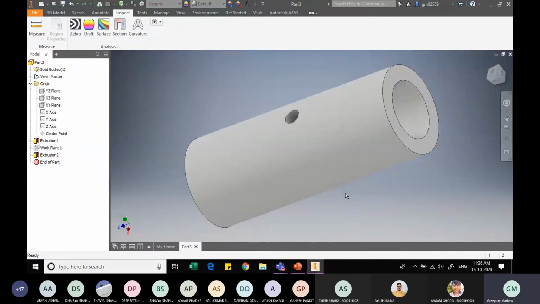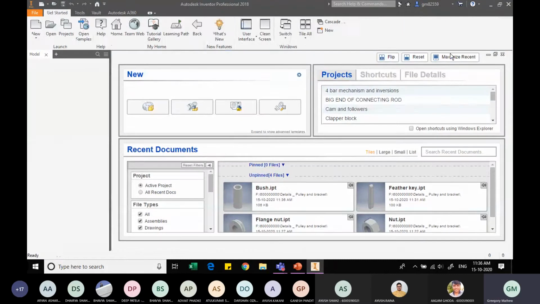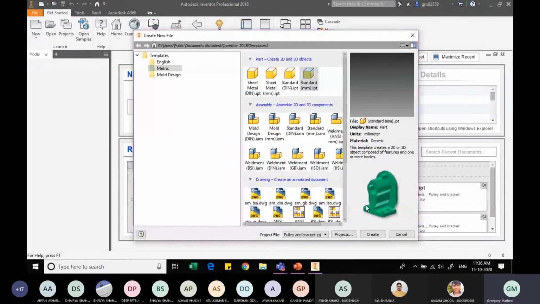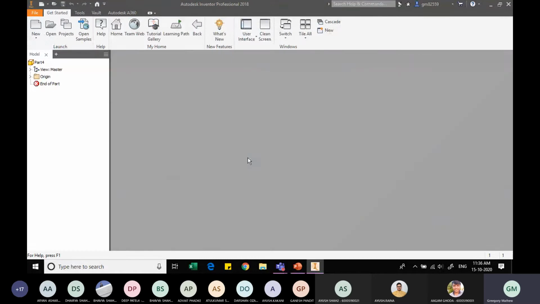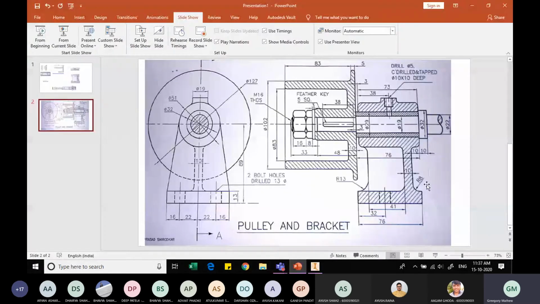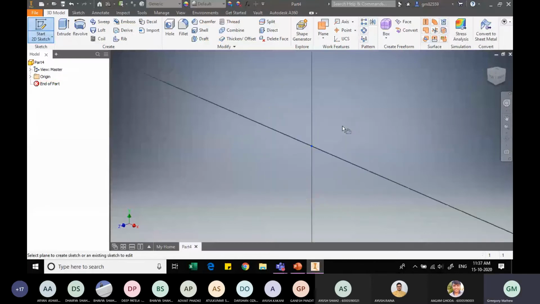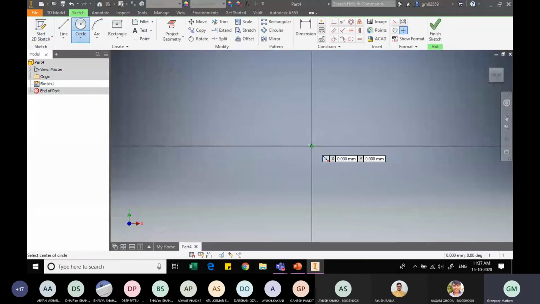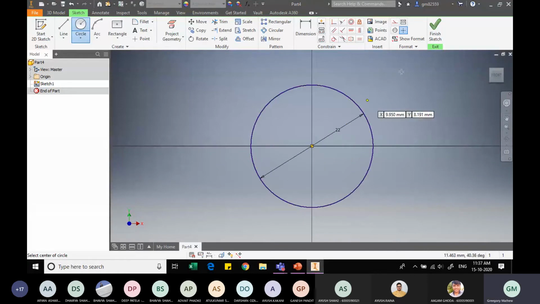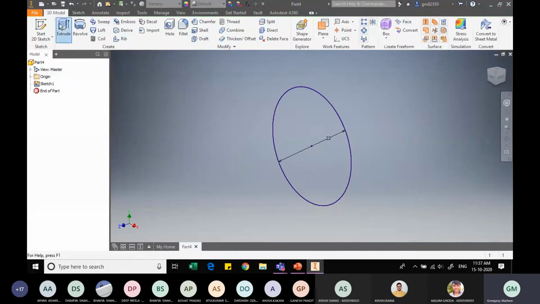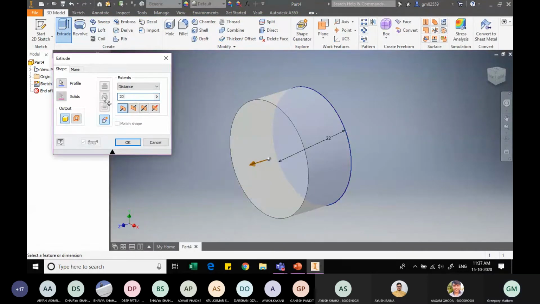Next we go to making the shaft. Let me close this and open a new component to create a shaft. New, standard IPT. Going back to Create, clicking on OK. Looking at the dimensions that we have, the first step, as I discussed, is that the extended portion of the shaft is very long. They have taken a short section to show you that. However, for the purpose of drawing, we'll just assume that this extended portion is just 20 mm and the diameter is 22. Using sketch on this face, let me create a circle which is roughly 22 mm. Finish this sketch and extrude it one way to a distance of 20.